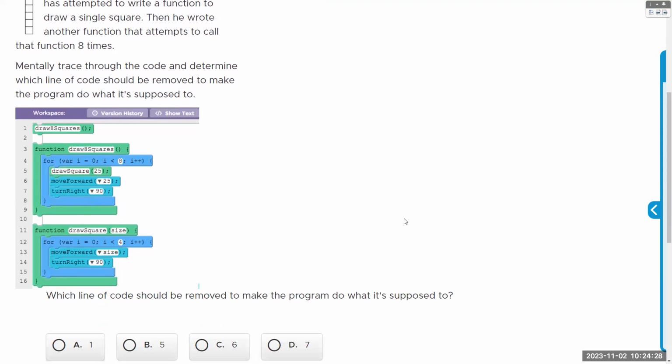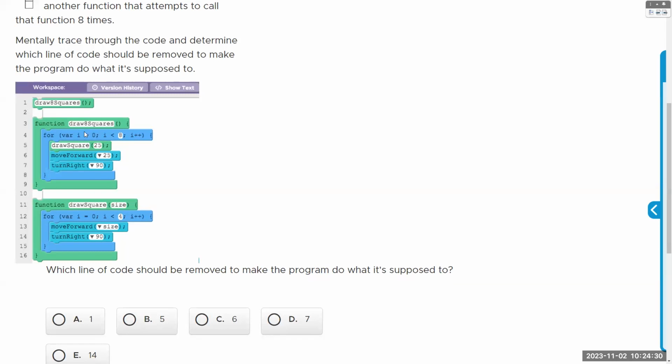Just talking through it, it starts out with a function call. We have 2 function definitions. Draw 8 squares is just the loop of 8 draw squares and some setup movements, which calls draw square, expecting a parameter, and the square is just 4 sides and 4 turns. So this seems like it works.